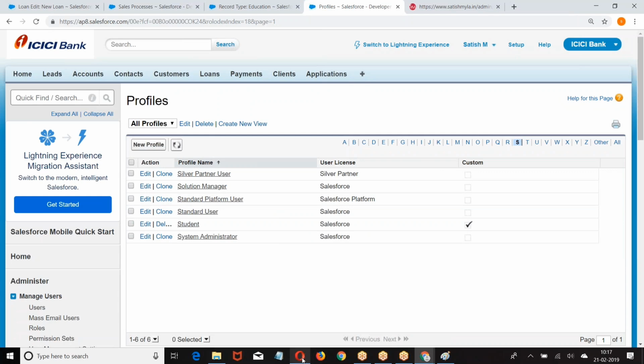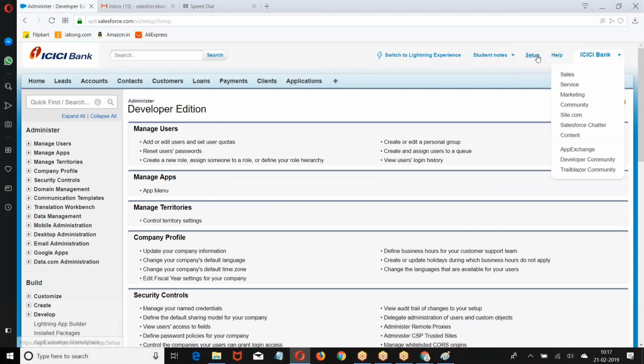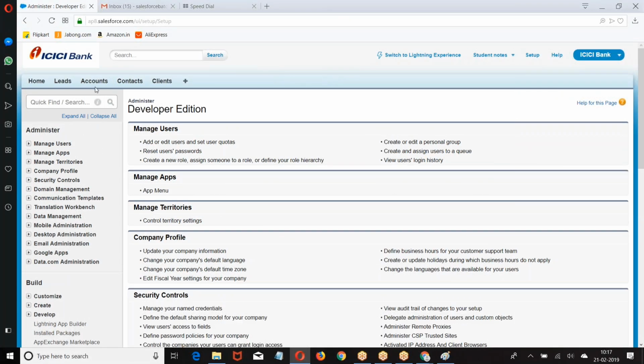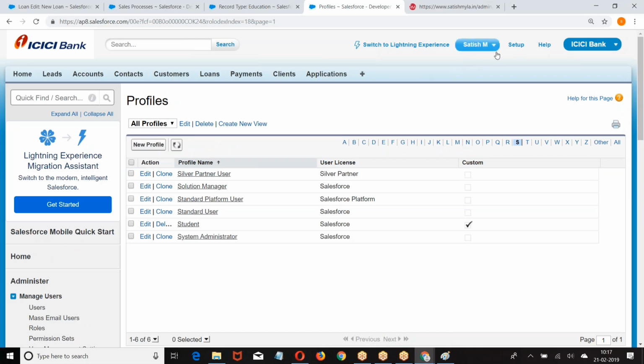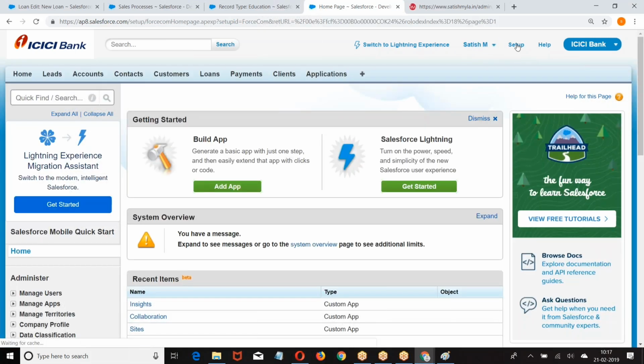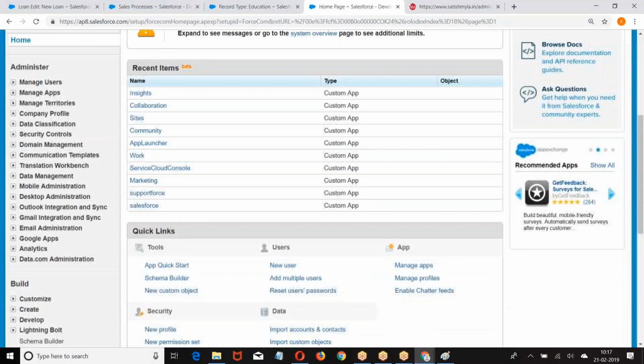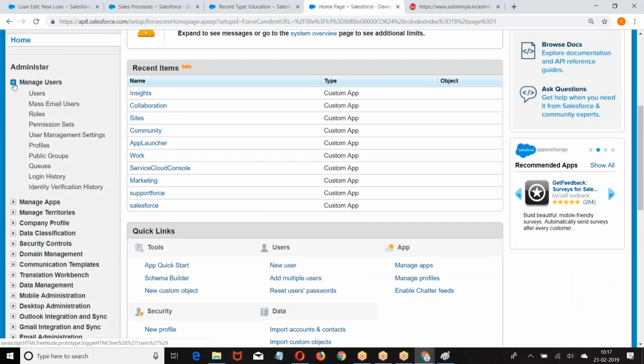Now, go to the student, refresh. He lost everything, he is not able to see application and other things. Now, for the student, I want to give extra permission. What will I do? Setup. According to their profile, they are not able to see loan, payment, customer, application. So I went to setup, manage users,